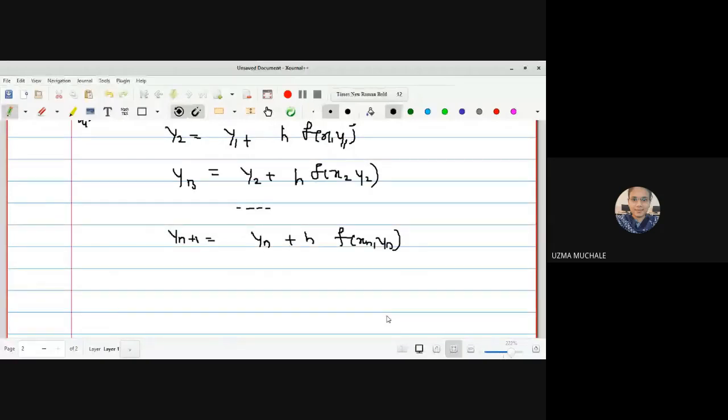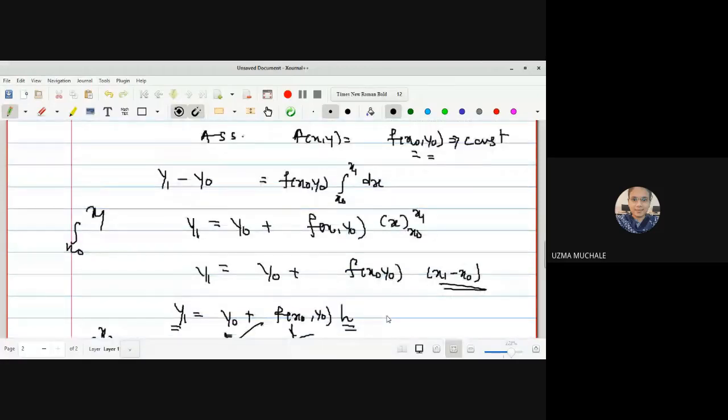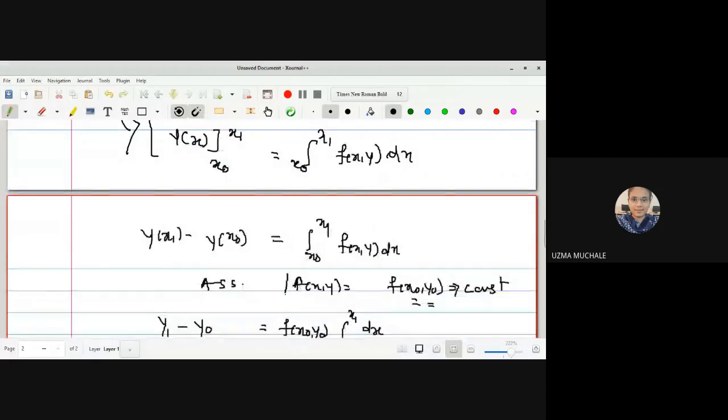Why is it not giving you a correct answer, or an answer very near to the correct value? Because here we have substituted f of xy as some function f of x naught y naught. Here we have substituted the value of the function f of xy simply at some value x naught and y naught, right? So hence it will give you an answer, but it is not a very approximate answer, right? Sometimes the value of error is large, whatever answer we find with the help of Euler's method.